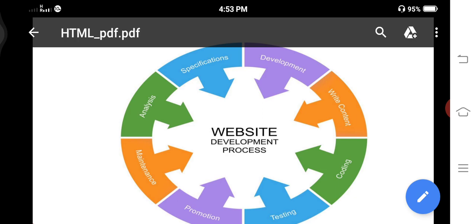So this is the first stage, the first of the main steps. The second step is planning, the next stage of web development. Here, each stage is linked one by one with a unidirectional arrow. These are the steps of the website development process. Once information is collected, it is promoted automatically to the next stage, planning.